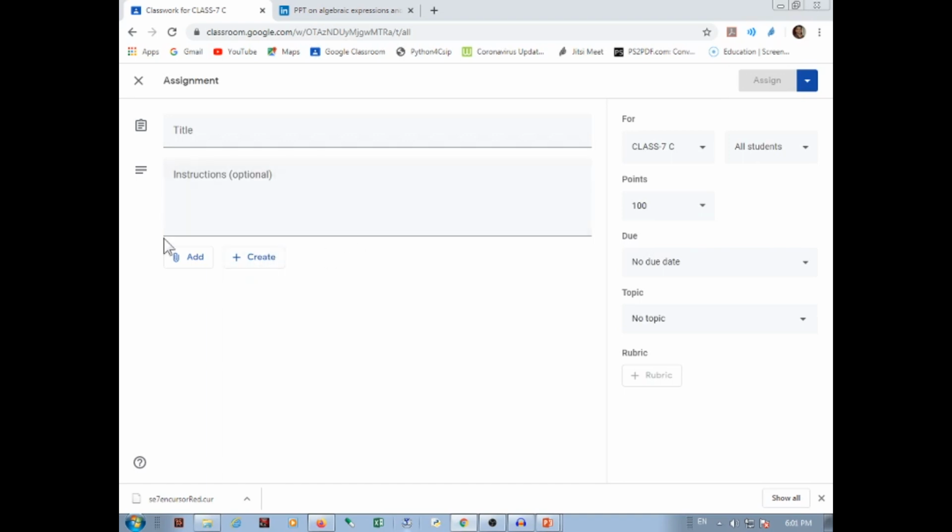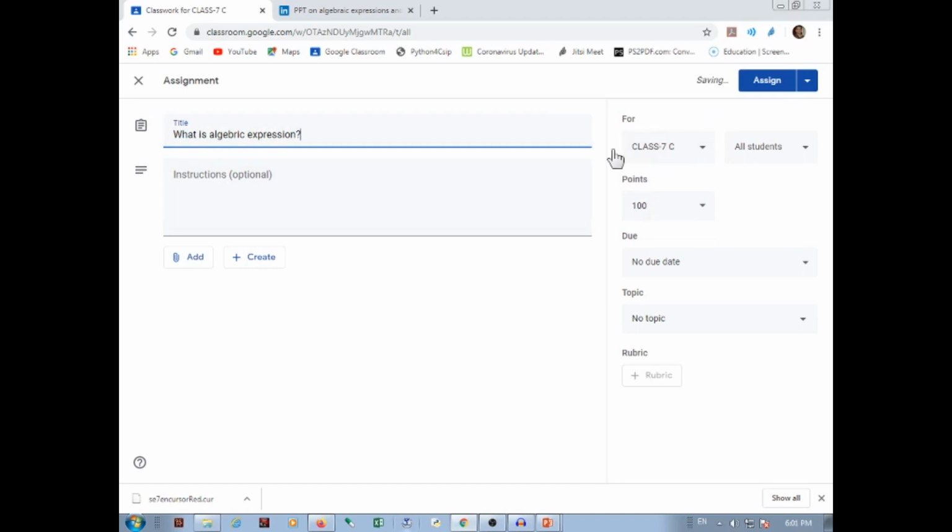These 2 things will be used to add something. If I want to add a YouTube link, a direct link, a file, or something from the Google Drive, you click and go through this. If you don't want that, then simply write here. So this is the way to create the assignment.